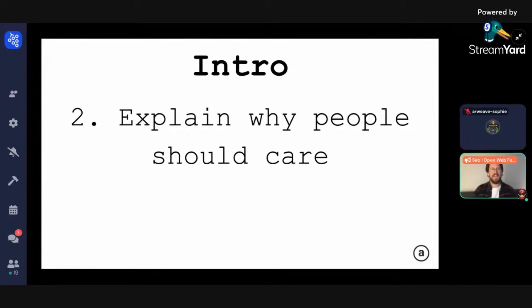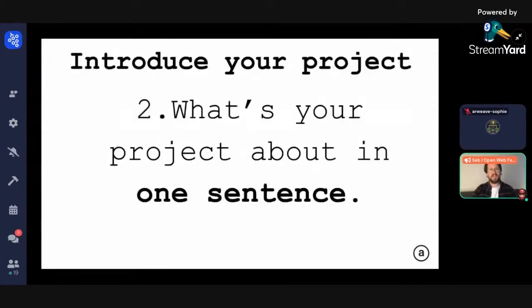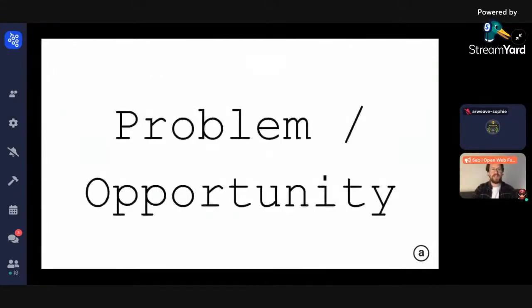So introduce yourself, introduce your background, and crucially, name the project. And ideally, you do that in one sentence, right? So name the project and also what exactly it does. Try to distill it, boil it down to the essence of what your project is actually trying to achieve. Okay, once you've introduced your project, it's time to talk about the problem that you're solving or the opportunity that you're enabling or seizing.